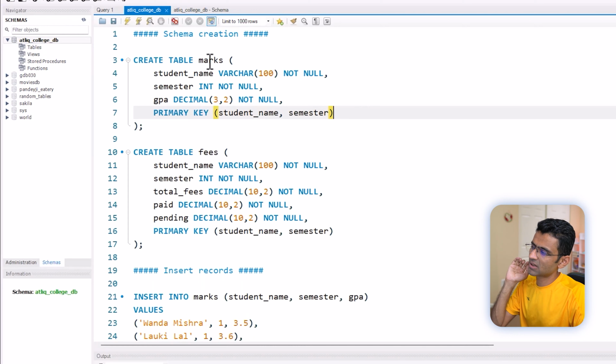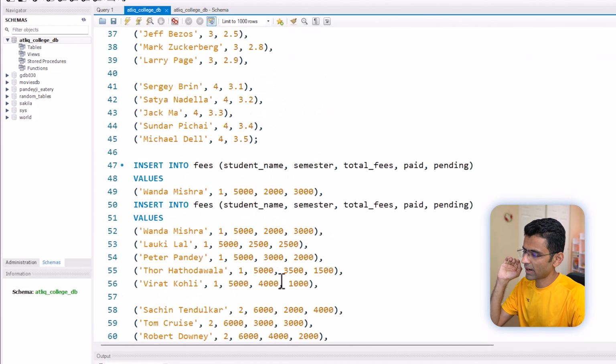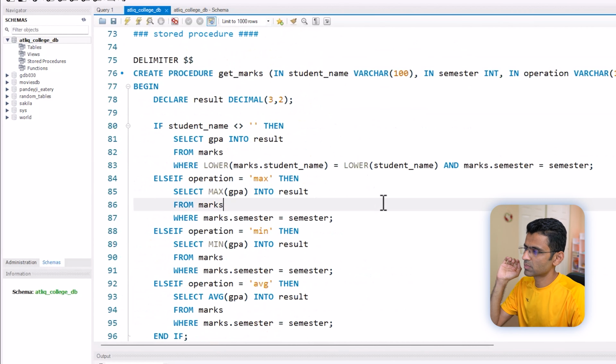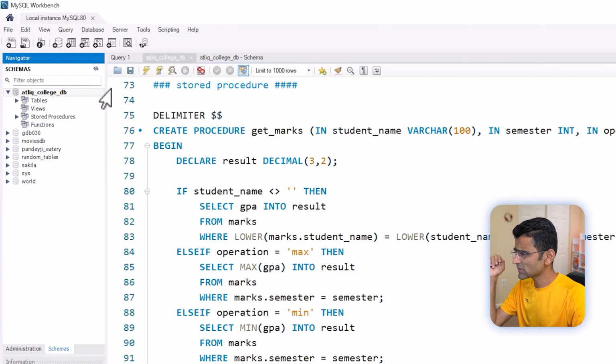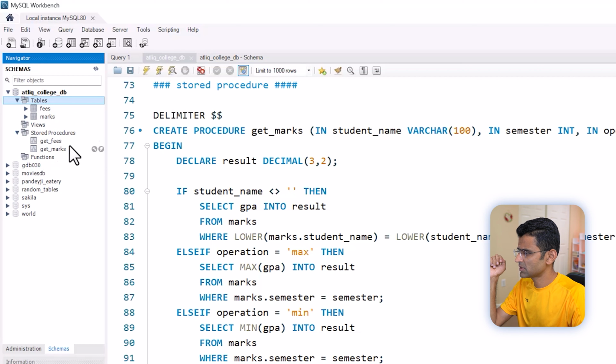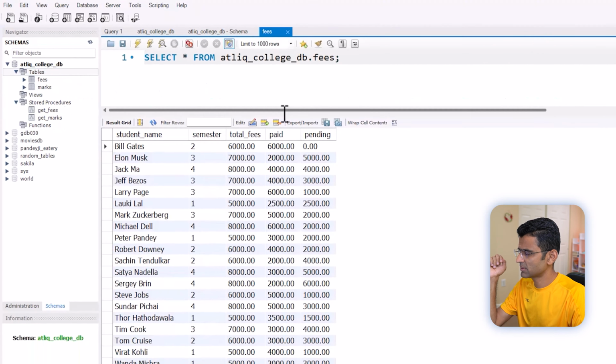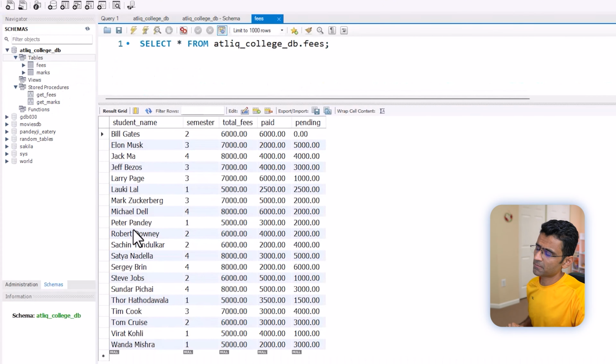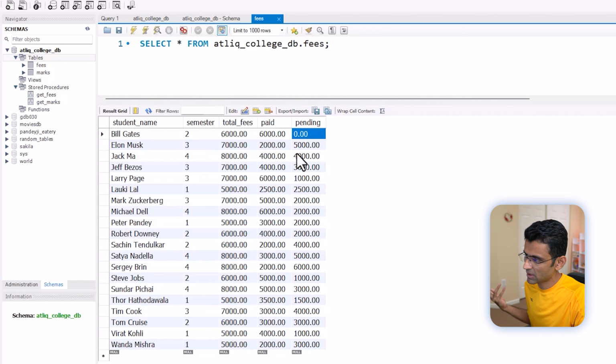This script is creating tables, inserting records, and creating stored procedures and so on. If you refresh this, you will see these tables and stored procedures. The first table is fees, with the student name and the semester he's studying in. Let's say $6,000 was the fees for Bill Gates for second semester, out of which he has paid 6,000, so he doesn't have anything pending.